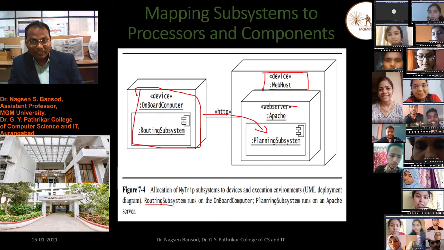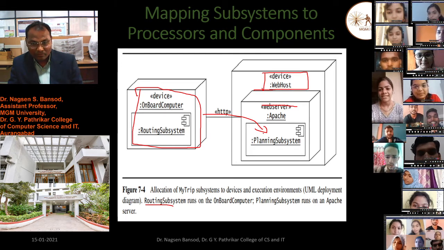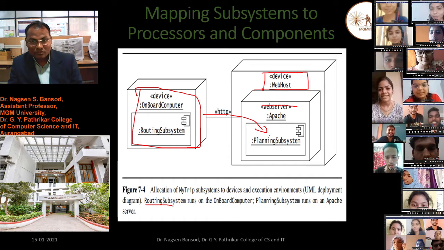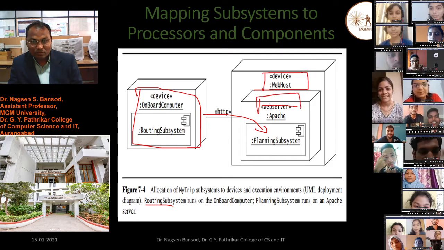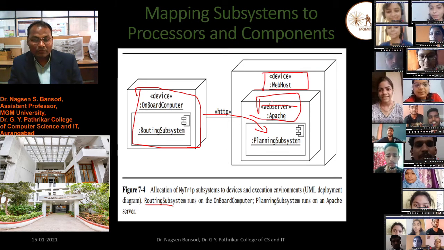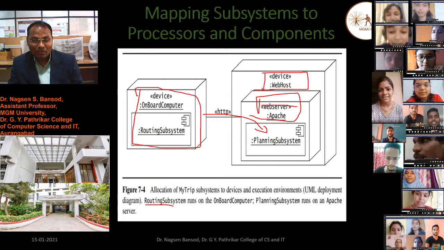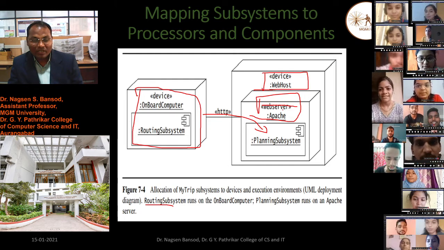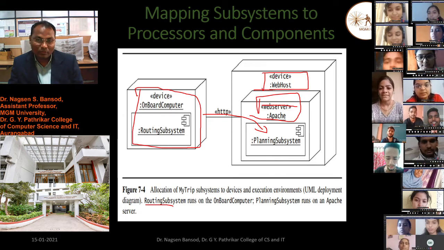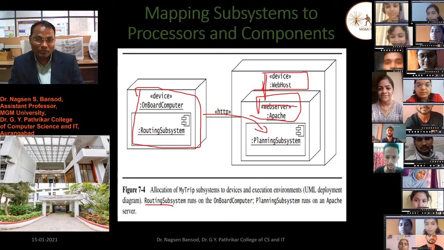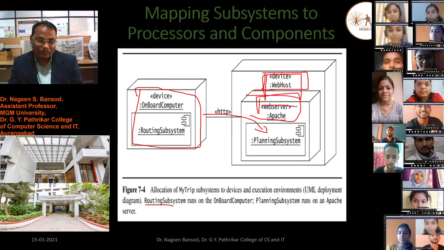This will connect to the planning subsystem, and this is on the Apache server. The web hosting requires a server. On that we have to add our database using the web host.